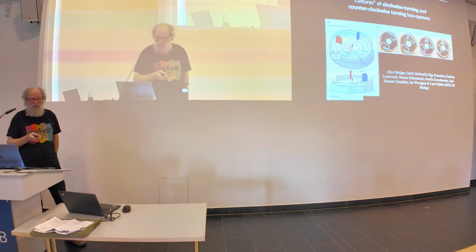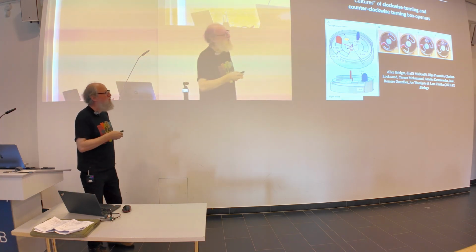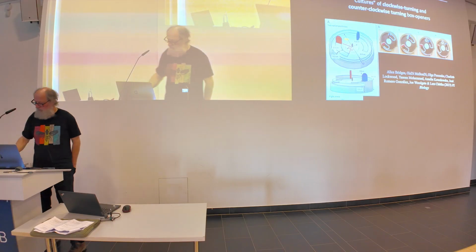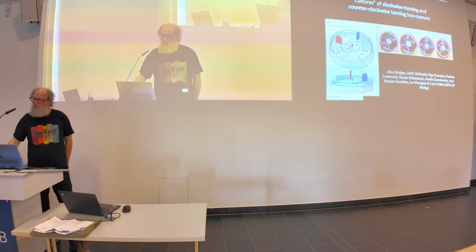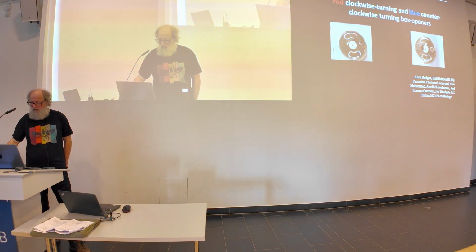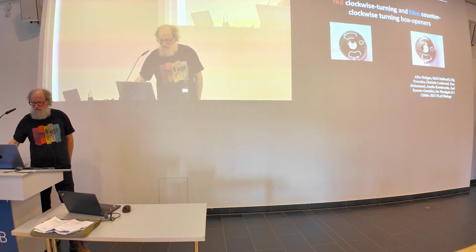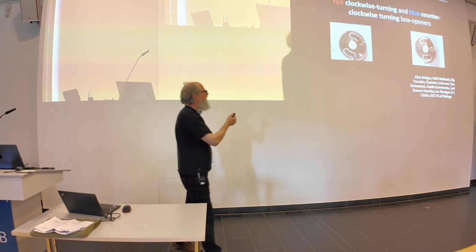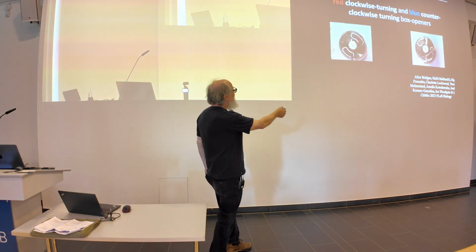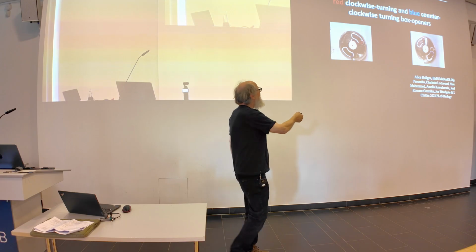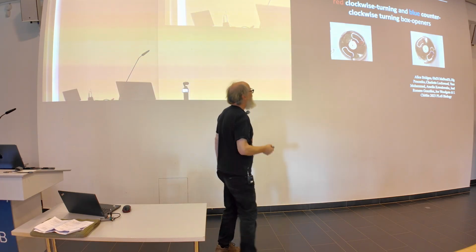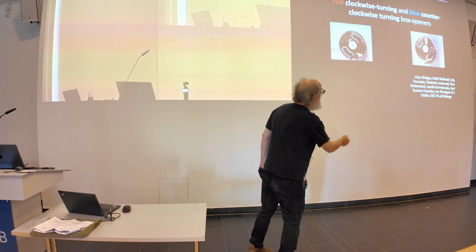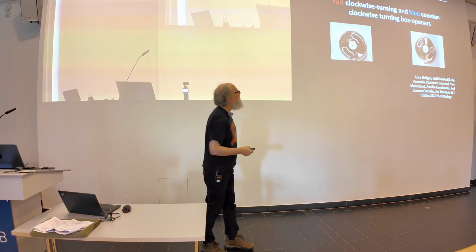The options are both available to all bees, and we're asking how they will cope with this situation when there are these 2 options. And what you can see here is an individual that's learned to do the clockwise pushing of red, and once it's rotated the lid far enough, it gets the reward. And in this case, it's the blue tab that has been pushed to get to the reward.